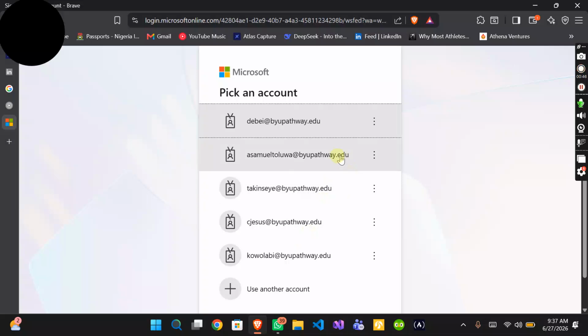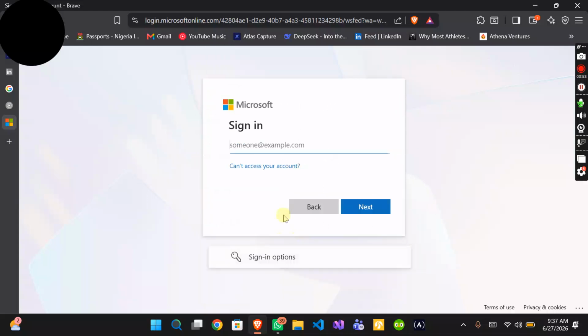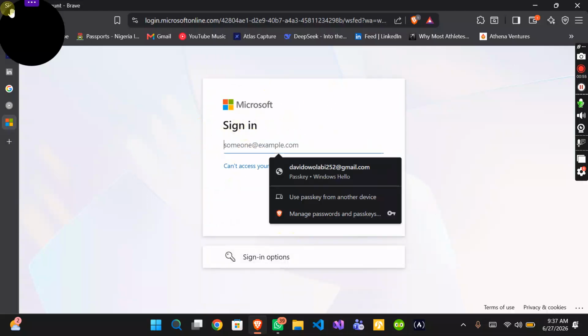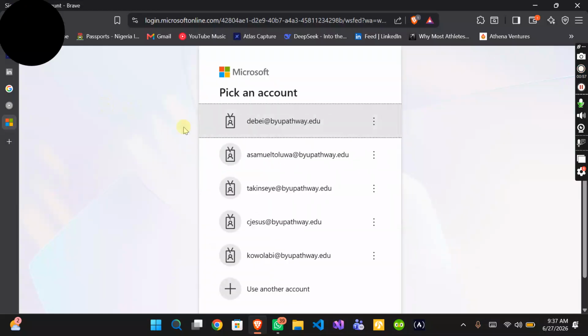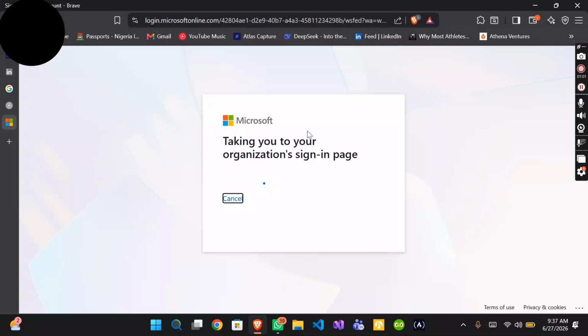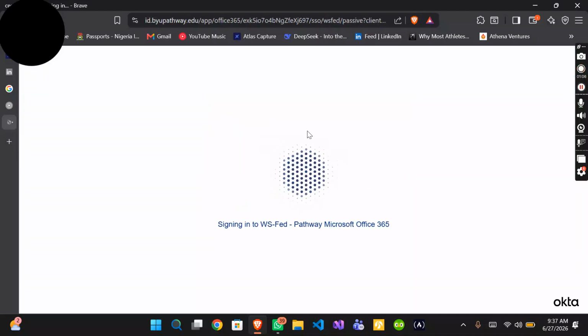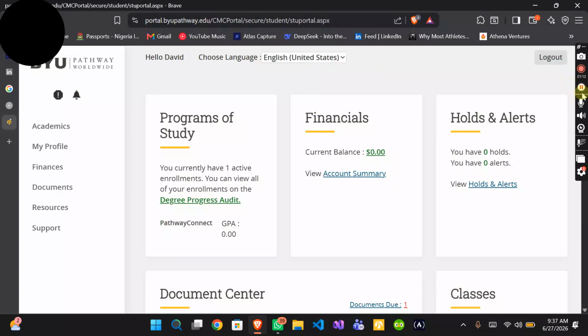Once you click on Student Portal homepage, make sure you have your school email with you. Type that in. It should take you to a page that looks like this initially, but because I have the email I want to use, I'm just going to click here. So once you do that, it should take you to your Pathway